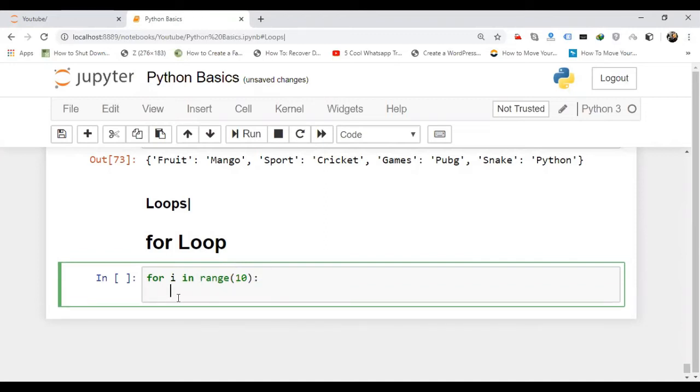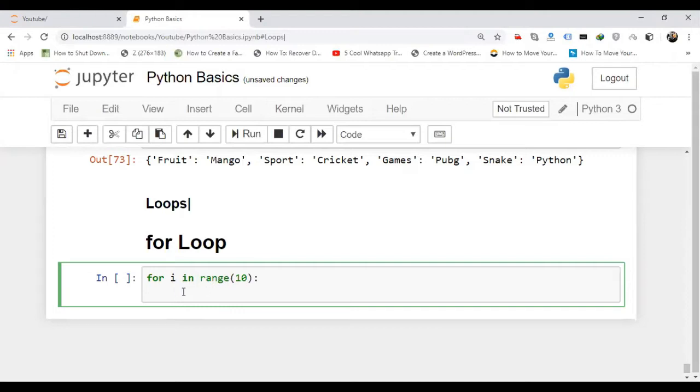Now, if you press enter, you will notice there is some gap. This gap is one tab space, and this is called indent. In a loop, this indent means that anything written here is code inside the loop. If we write anything without the indent, that code is outside the loop and will not be executed inside the loop. So if you want to write code inside the loop, you have to use tab. Just click on tab and it will come here. Here you write the code which you want to execute 10 times.